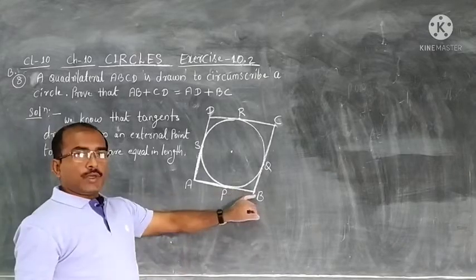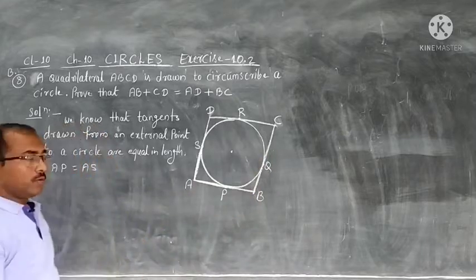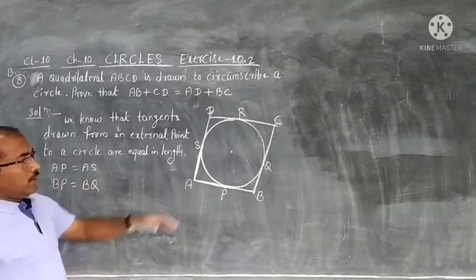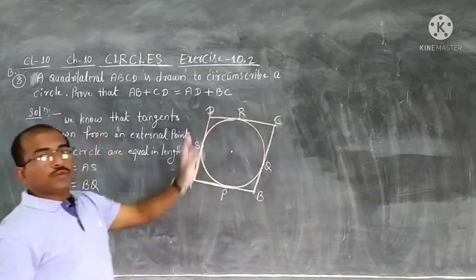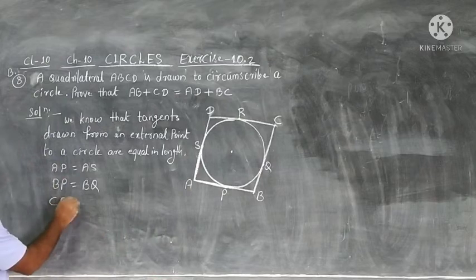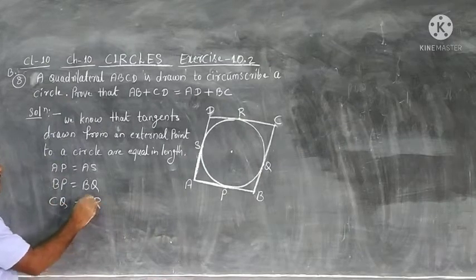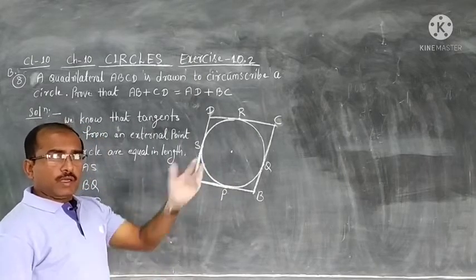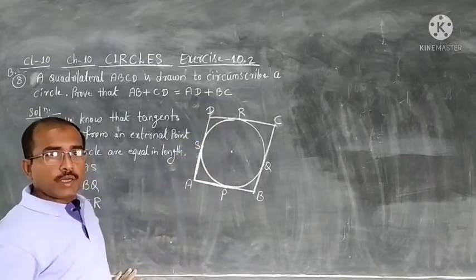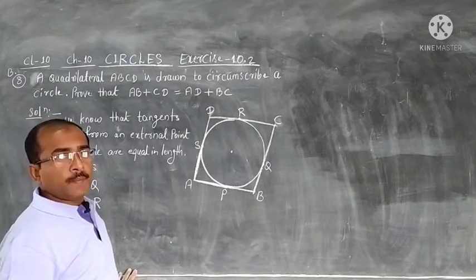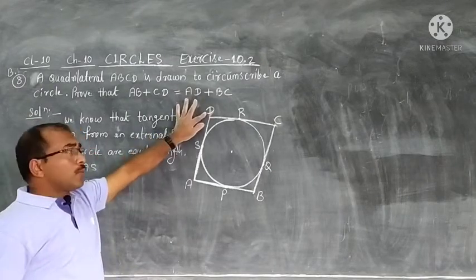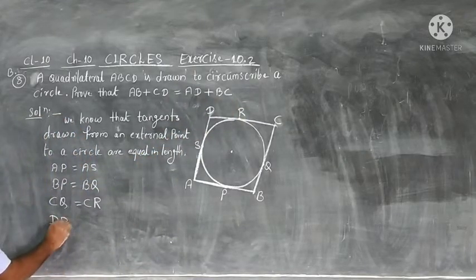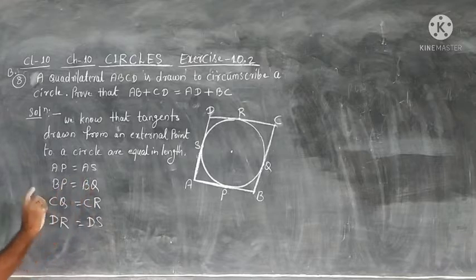Then B is an external point, BP is equal to BQ. We will write that also. Then C is an external point, CQ is equal to CR. Geometry solution is actually hiding in the figure. We will know the properties, and then we will take out one after another and write down the solution in geometry. D is an external point, DR is equal to DS. Okay, this all we know.